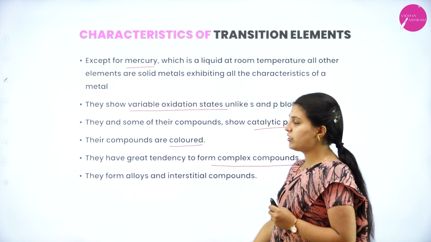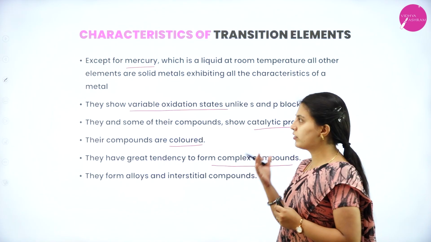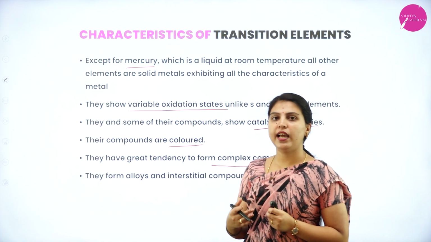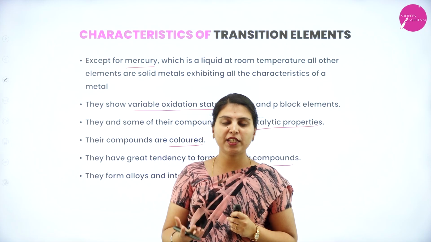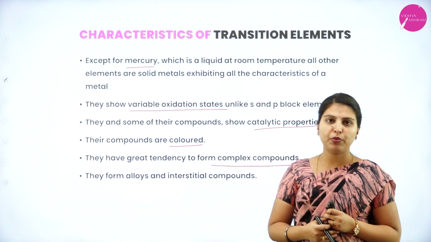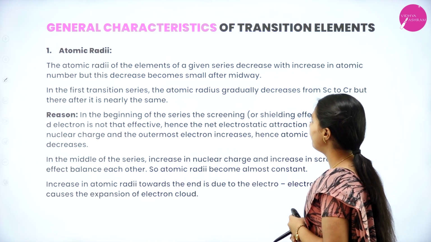These are the major characteristics of d block elements. Usually they are hard or solid in nature. They show variable oxidation states and they have catalytic properties. They are colored and complex forming, alloy forming and also interstitial compounds forming elements. Okay. Next, general characteristics of transition